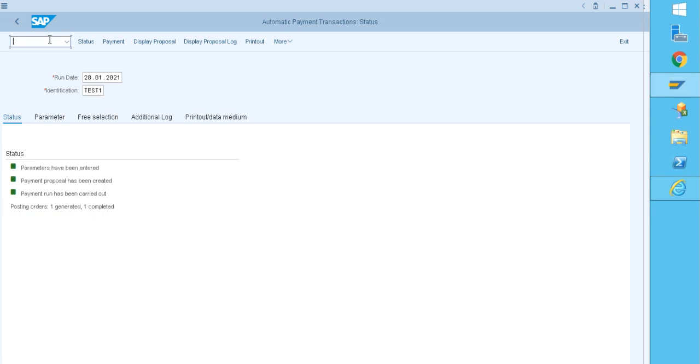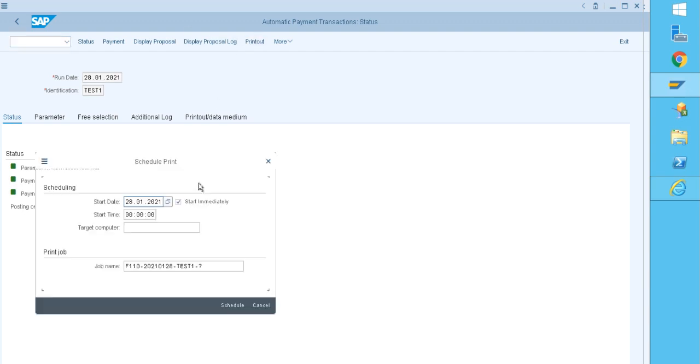I need to check the spool; sorry, I need to create a printout log. For the job name, I need to create one check printout.